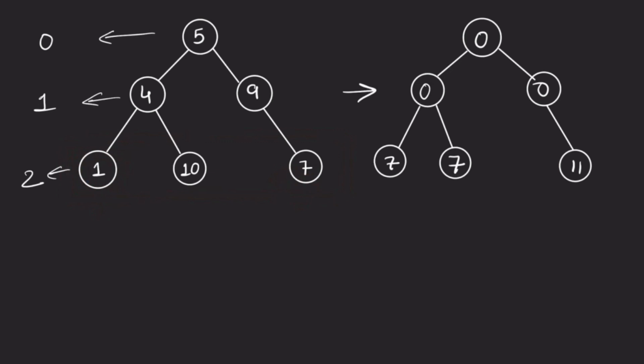Let's suppose we have one more node here, which is 2. In that case, this 7 will be replaced by 9, 10 will also be replaced by 9, and this 2 will have 11. So if you are at this level,